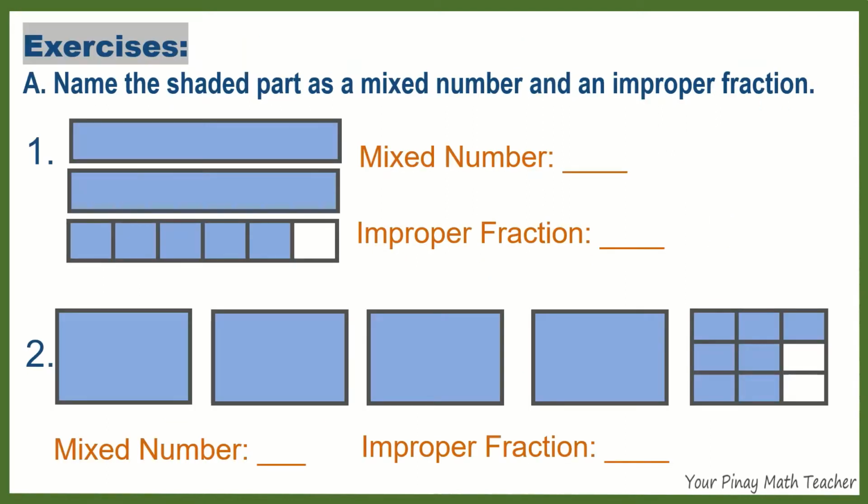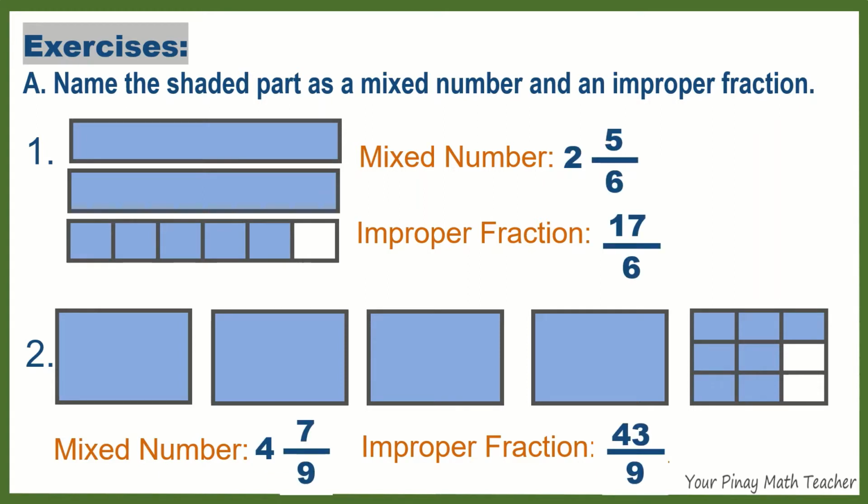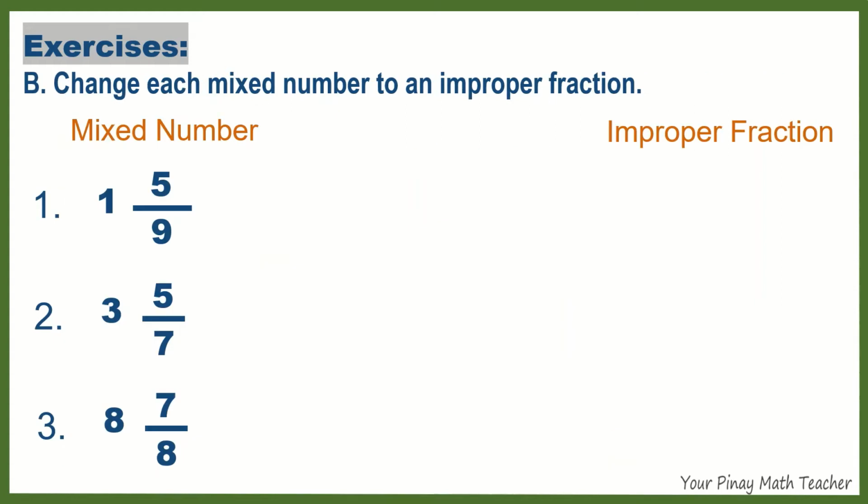For your practice, name the shaded part as a mixed number and an improper fraction given the figures below. Please pause the video if you want to answer these exercises by yourself. The answers are: letter B, change each mixed number to an improper fraction. Again, please pause the video if you want to do this on your own. The answers are: